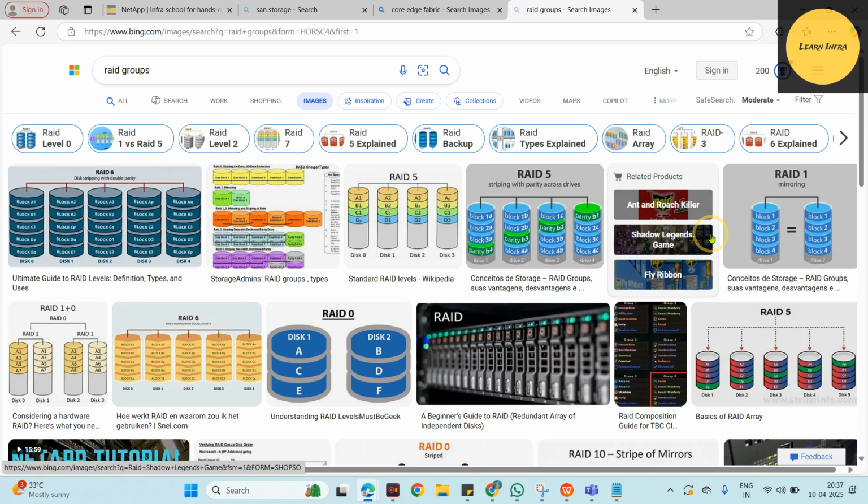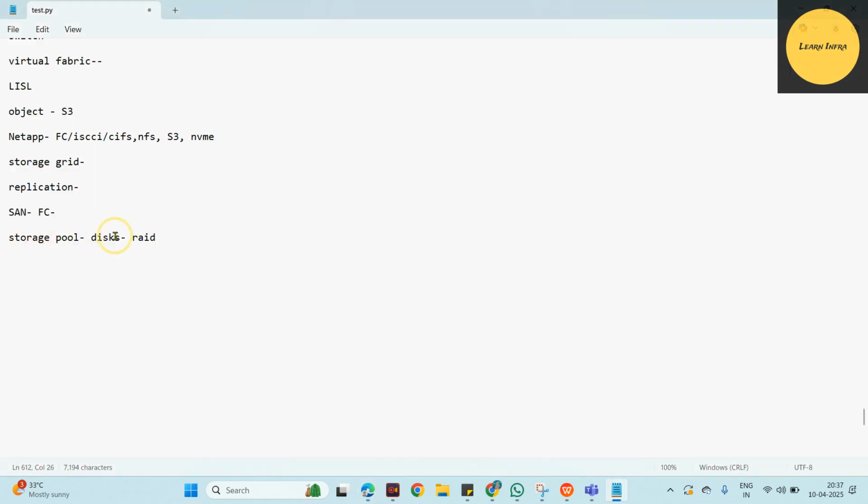RAID is basically redundant array of inexpensive disks, or independent disks, okay, independent disks. Suppose you are creating a storage pool using disks. Suppose some disk fails, then what would happen? You will lose the data, right. In order to protect the data,